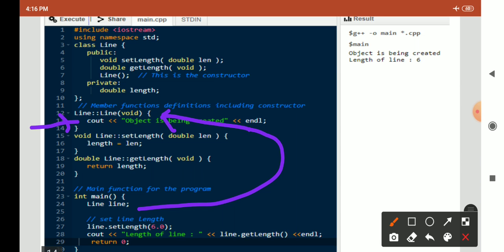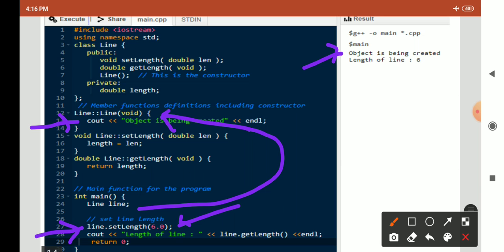So here we mention cout object is being created. So here the first line is printed, object is being created, and then we are calling the next line, line dot setLength, and we are passing the value 6.